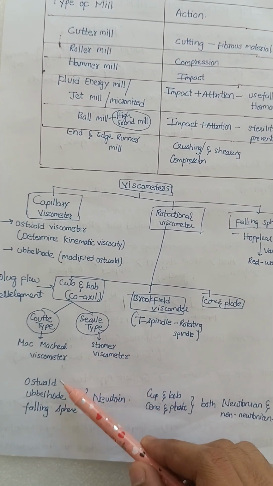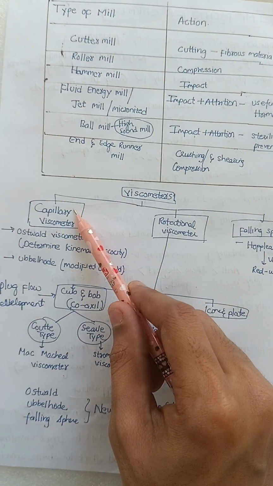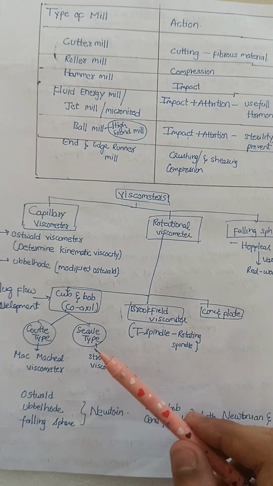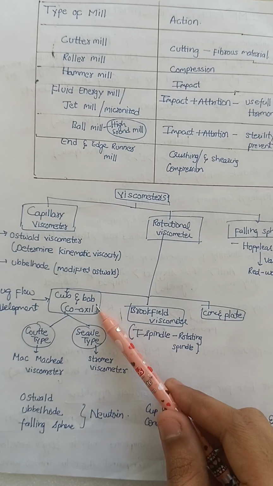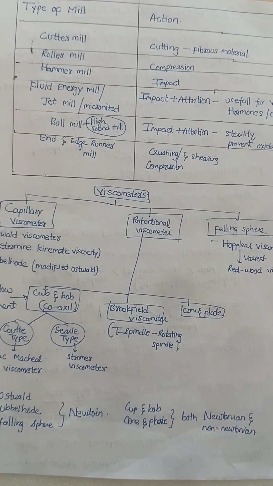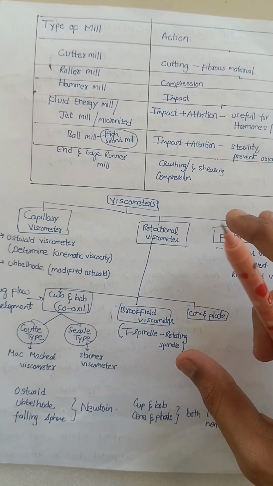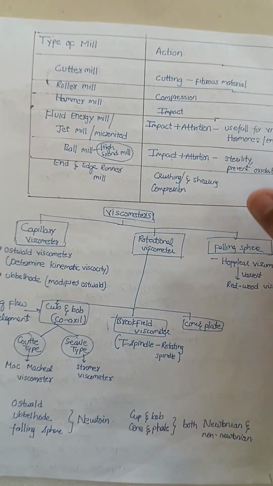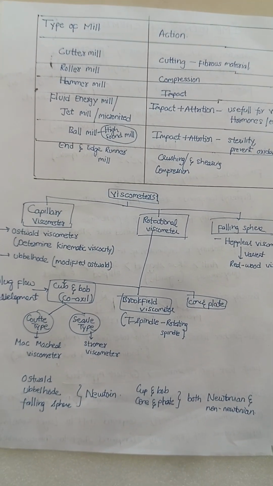Under this, Ostwald, Hibbert, and falling sphere viscometers help to determine the viscosity of Newtonian fluids, whereas cup and bob and cone and plate help to determine the viscosity of both Newtonian and non-Newtonian fluids. So this is about the types of viscometers and the types of mills which help in size reduction. Very important tables for